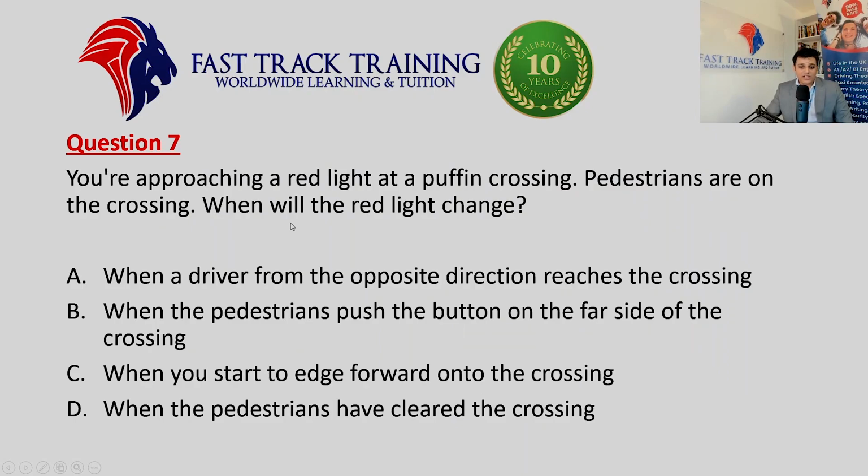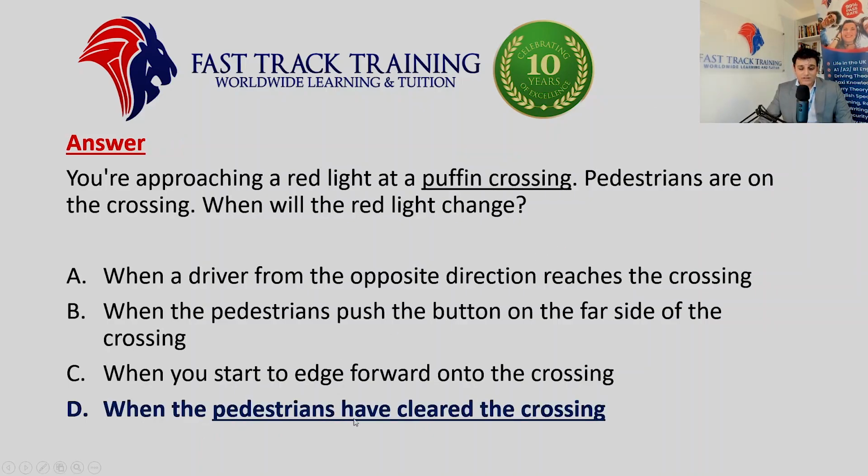You're approaching a red light at a puffin crossing. Pedestrians are on the crossing. When will the red light change? When the driver from the opposite direction reaches the crossing, when the pedestrians push the button on the far side of the crossing, when you start to edge forward onto the crossing, when the pedestrians have cleared the crossing. The correct answer here is when the pedestrians have cleared the crossing. So puffin crossing, cleared, meaning that the light will only turn to green when they have reached a safe position